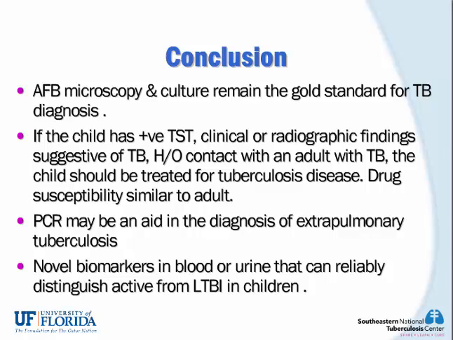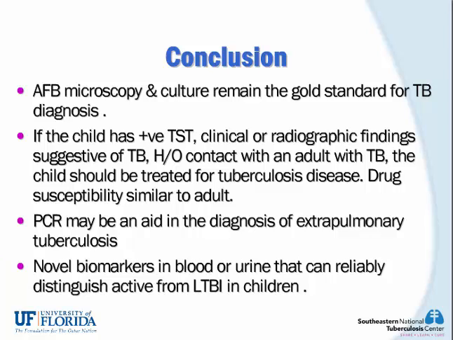In general, if there is a child with a positive skin test and clinical or radiological findings that suggest tuberculosis and a history of contact with an adult who has TB, the child should be treated for tuberculosis. The drug susceptibilities that should be used in the child are similar to those of the adult contact. PCR might be an aid in the diagnosis of extrapulmonary TB. Still, we're waiting for novel biomarkers, either in the blood or in the urine, so we can reliably distinguish active TB from